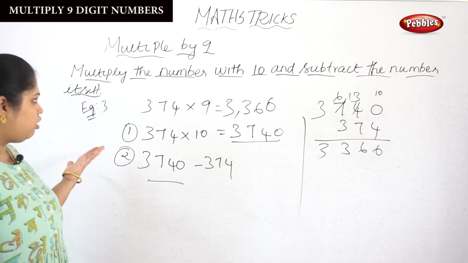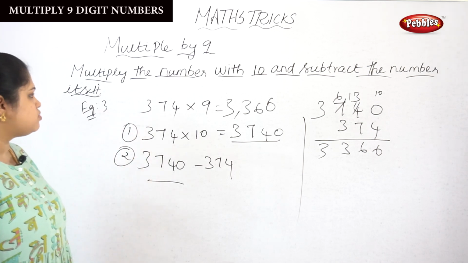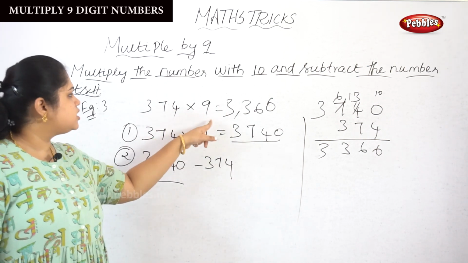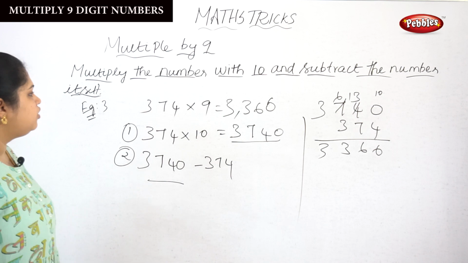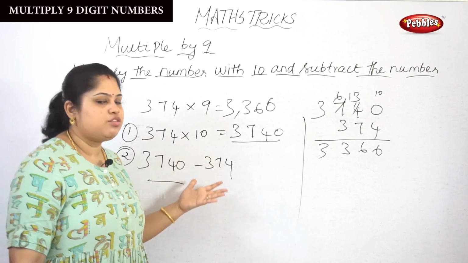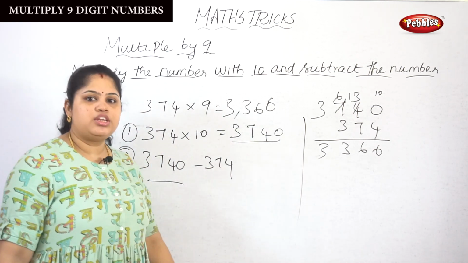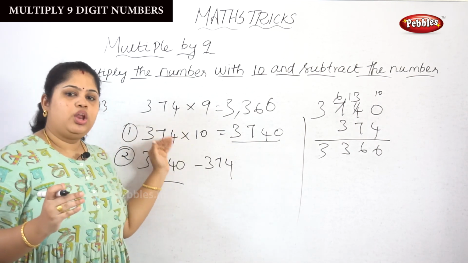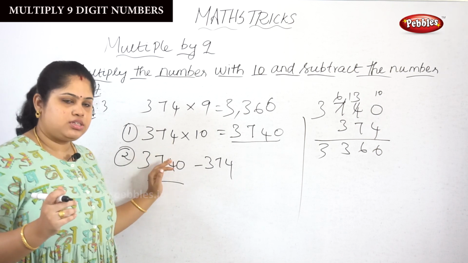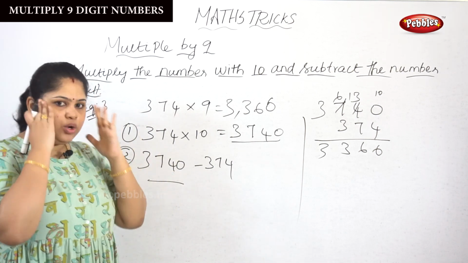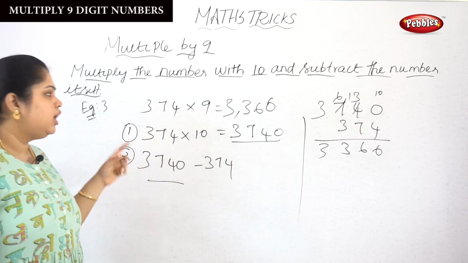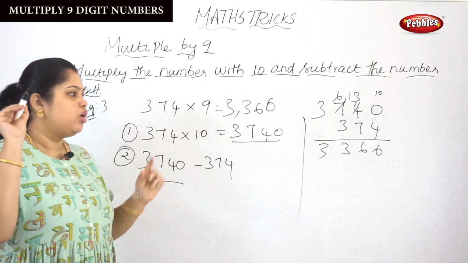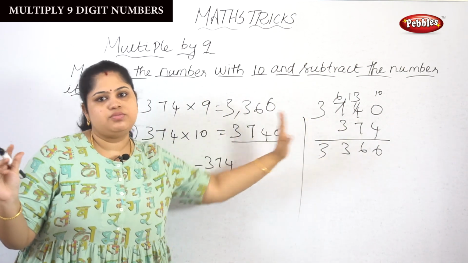If you are worried about it, you can do the cross multiplication also. It will come out very well, because 1 carries 6. Correct. 3366 will be the final answer for 374 into 9. If you are worried about the steps, you can just skip the steps and do it mentally. How are you going to do it mentally? After seeing the question, you add a 0. Once we have added this 0, we directly do the subtraction. Very simple.